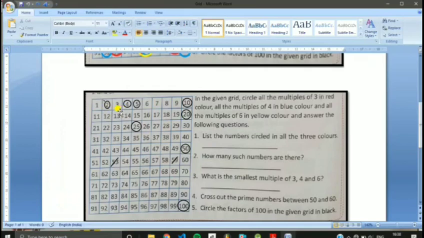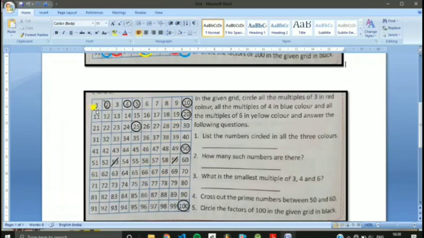By 3 we can't divide it, a remainder will be left over. In the table of 4, yes, when we divide by 4, 100 occurs, that is 25 times. So again 4 is a factor, 5 is a factor, 10 is a factor, 20 is a factor, 25 is a factor, 50 is a factor, and the number itself is a factor. It means 1, 2, 4, 5, 10, 20, 25, 50, and 100 are the factors of 100. So this way you have to identify the factors of 100.